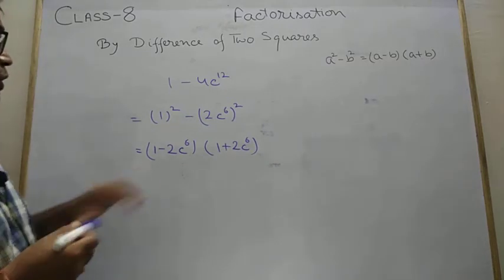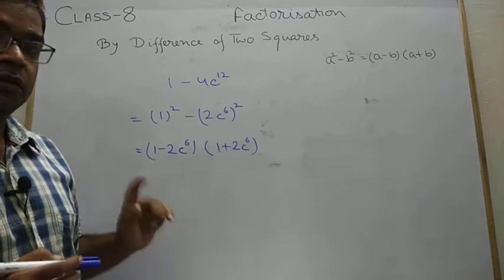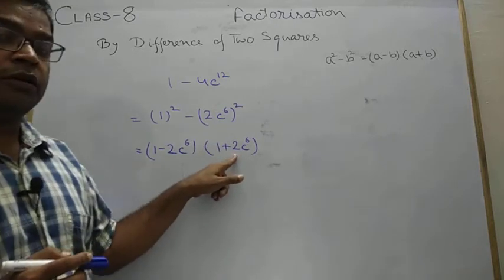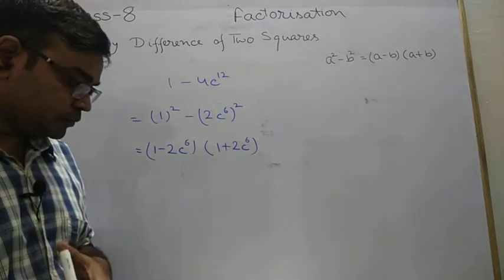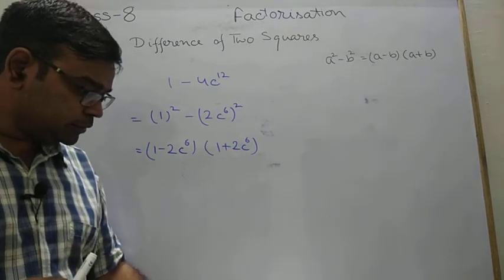1 minus 2c to the power 6, 1 plus 2c to the power 6. Always use c to the power, not on the power of, on 2 to the power. It's only on c to the power 6. Then